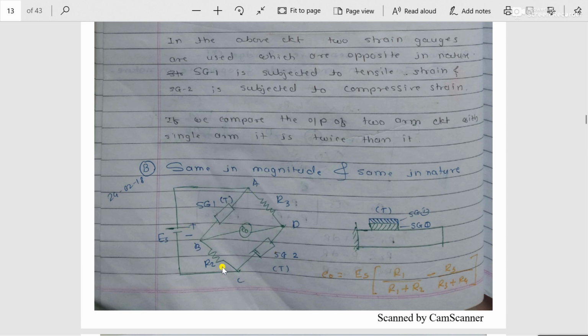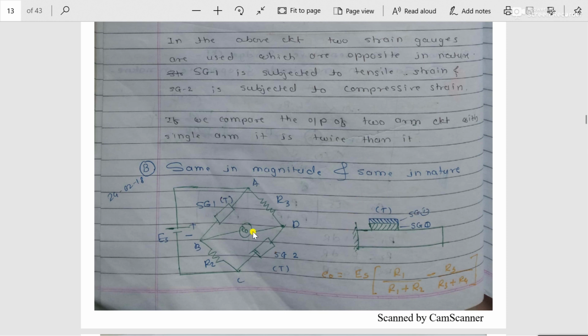And this particular circuit is also explained by the same example of the cantilever beam. One cantilever beam is subjected to a load at the free end. After the application of load, the upper portion is subjected to tension, and the two strain gauges are mounted at the top. Strain gauge 1 is pasted at the top of the cantilever beam, and at the same top side, strain gauge 2 is also pasted. That means both strain gauges are subjected to tension.